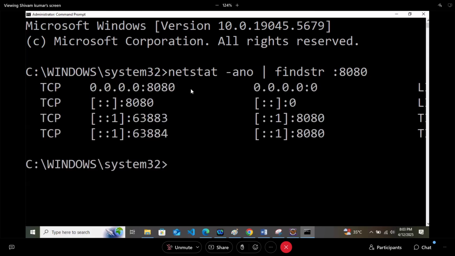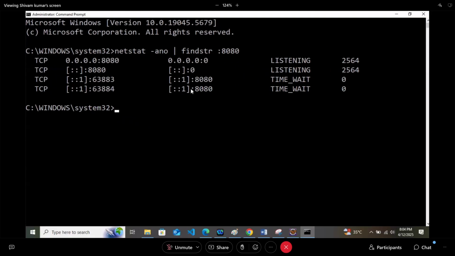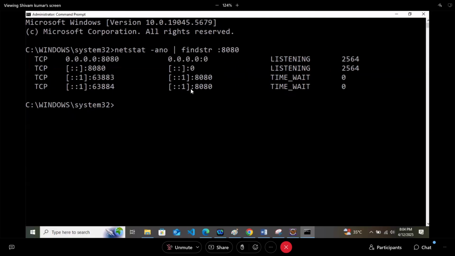Now you will get these kinds of things, right? This is called PID, process ID, 2564. It can be different for Shrikar, don't write. See, if I am saying something and you are not listening, you will type the wrong thing.